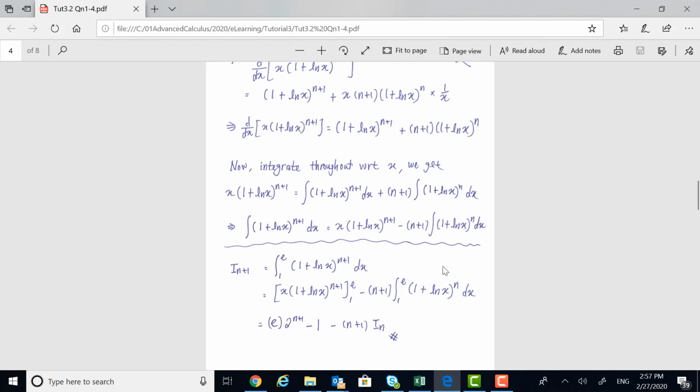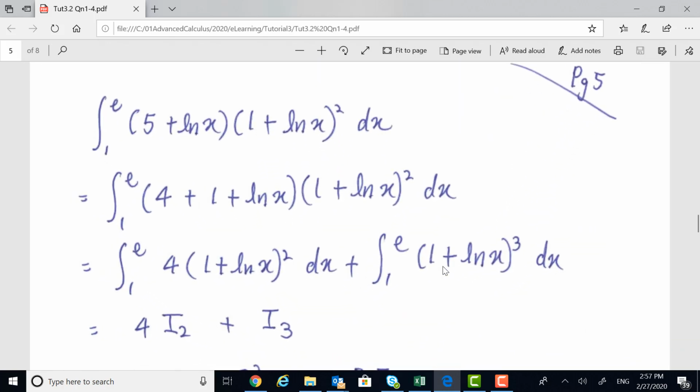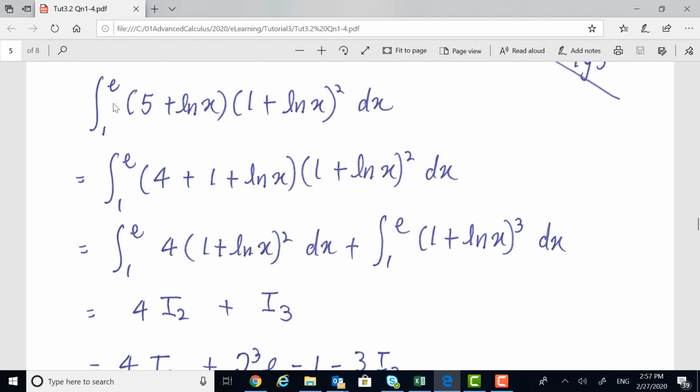And now we want to do the later part of question 3. Okay, this one, if you know a simple trick, it'll be very easy. You want to integrate from 1 to e of this expression. What you can do here is you break this 5 into 4 and 1. 4 times this expression will give you this. You see? And then (1 + ln x) times (1 + ln x)^2 will give you (1 + ln x)^3. So the reason why I'm doing this is because, having done so, you'll find that this is exactly